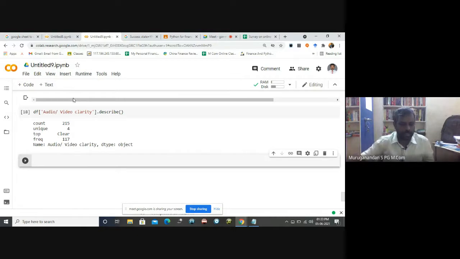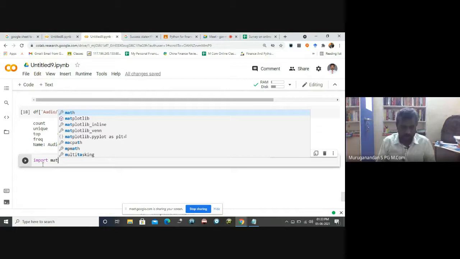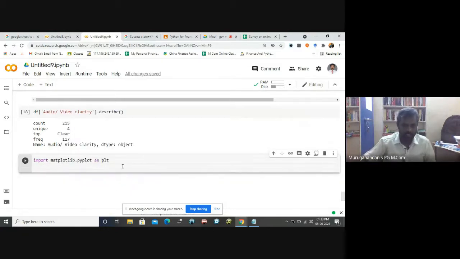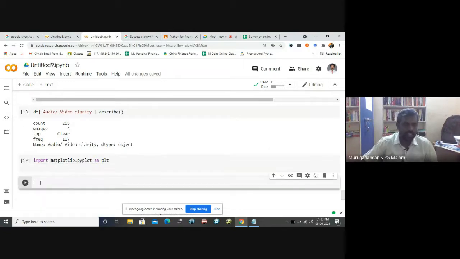You can do even charts. To do the chart or plotting, you have to import matplotlib. These libraries are very much familiar to you. import matplotlib.pyplot as plt. After importing this one, let me go to the next cell, because it's easy for me. plt.hist(df...